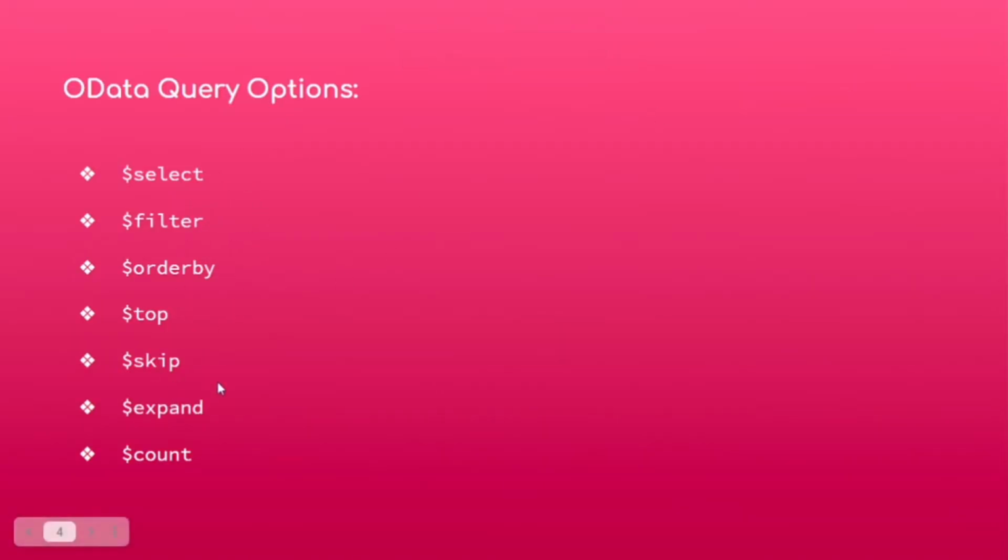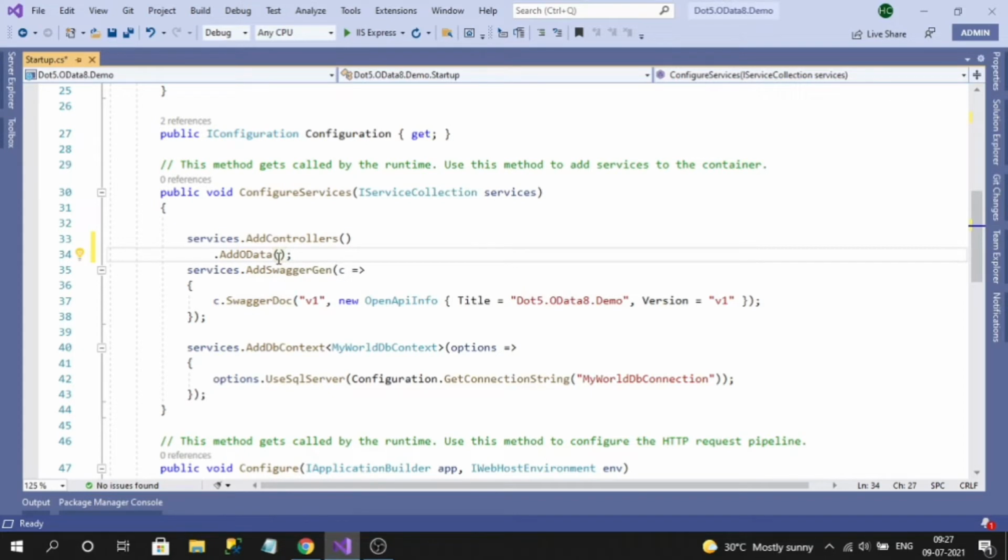In OData, each specific operation is defined in a specific extension method. So if you want to use only a few, we can configure only those few methods. Only configured extension methods will work; otherwise, other options will not work. So let's configure extension methods for these options. To do that, we can do like